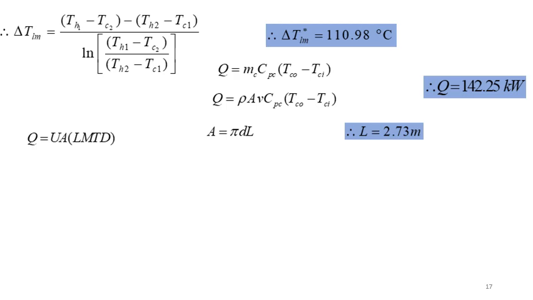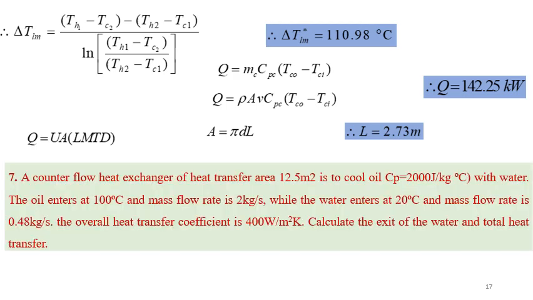This is a different type of problem where they won't give any value pertaining to the overall heat transfer coefficient U. So you have to find U by calculating the Reynolds number and Nusselt number. Okay, next we will go to the next problem, that is a counterflow heat exchanger of heat transfer area 12.5 meter square